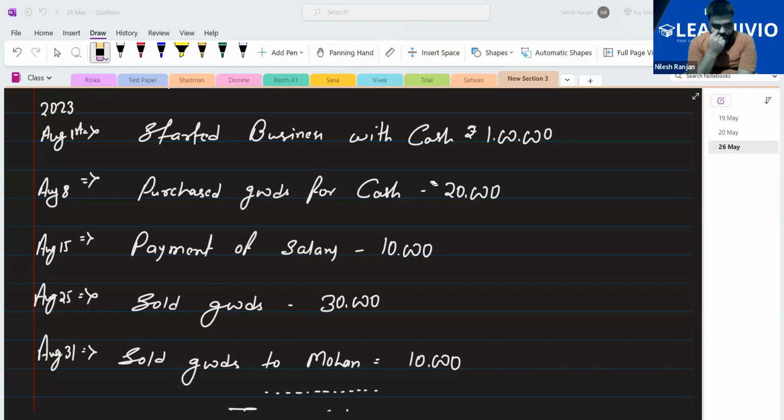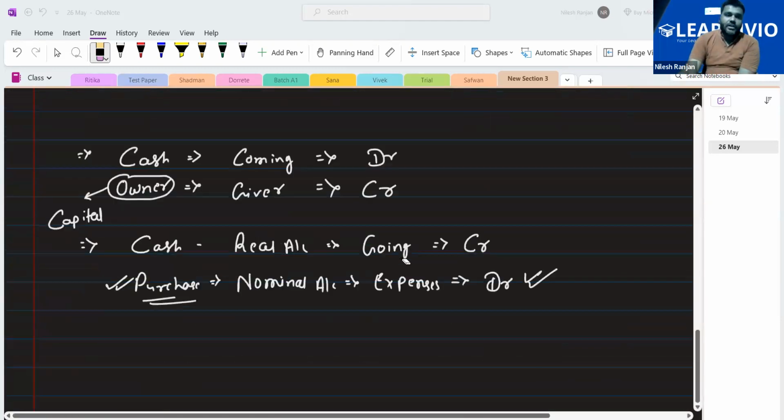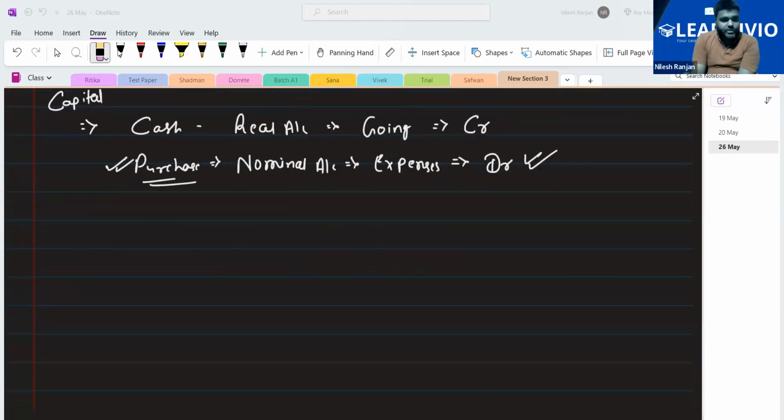Now it is easy, because in payment of salary, there are two accounts. One is salary, which is a nominal account. The second is payment, and actually not payment. Payment is not an account. The second is payment given. So it means cash is going. We are paying cash. So it is hidden in the question, but we have to apply the rule of a real account. So payment of salary. Now the third transaction,